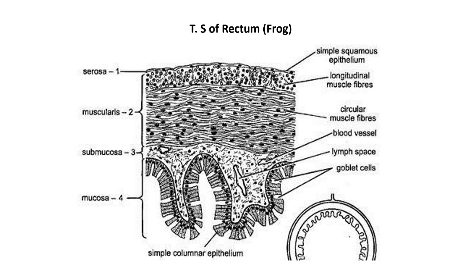In case of rectum, as compared to other organs of the alimentary canal, it is highly developed. It has highly developed villi region, and these villi have special types of cells called goblet cells and enterocytes. These goblet cells secrete a mucus substance. That mucus secretion makes the food lubricated, or we can say a mucus fluid.